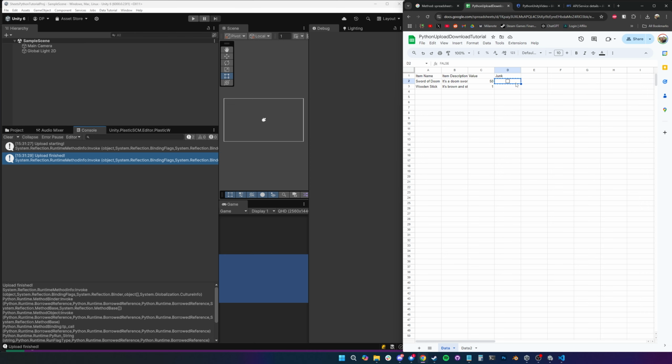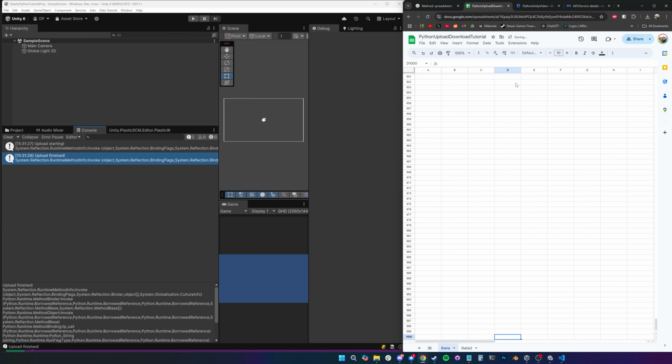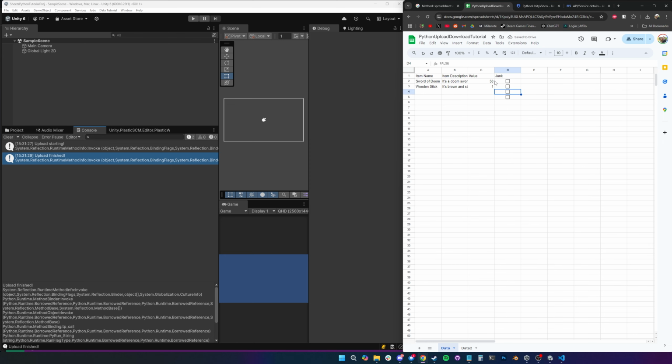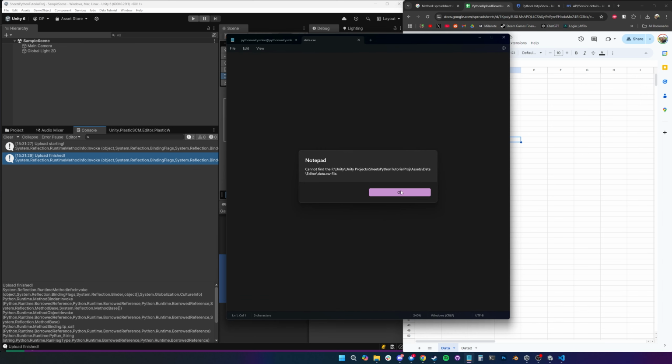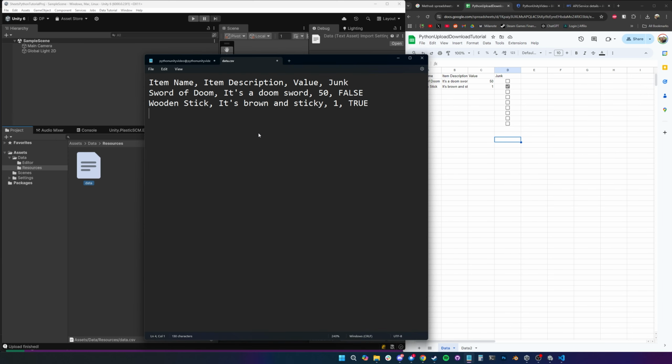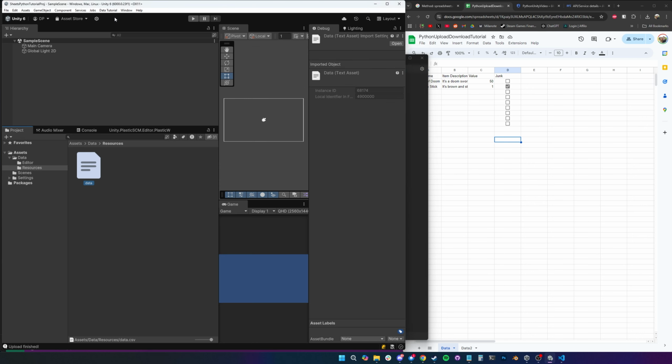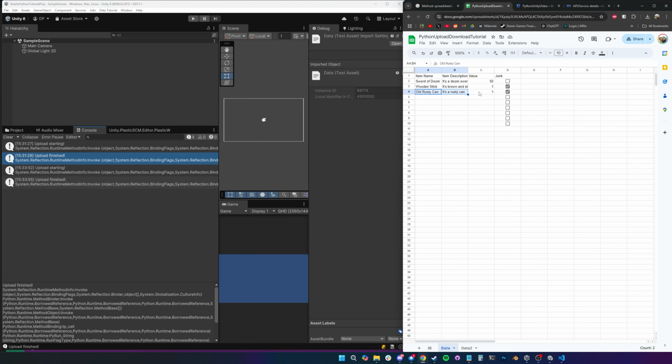And now we can copy this checkbox, and we can have that as many times, and we can say that this one is junk, so that's true. And we've got multiple checkboxes here. If we change our CSV file, so if we have another item of junk, old rusty can. It's a rusty can. It's worth 1, and this is also junk. If we save that, data tutorial, data uploader, we've now got it's a rusty can, it's worth 1, and